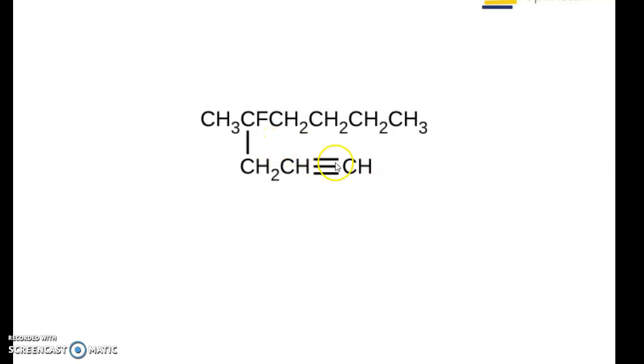Now we have the triple bond here, so we start counting from here, right? So this is 1, 2, 3, 4. We've got a fluorine group there, right? So this will be 4